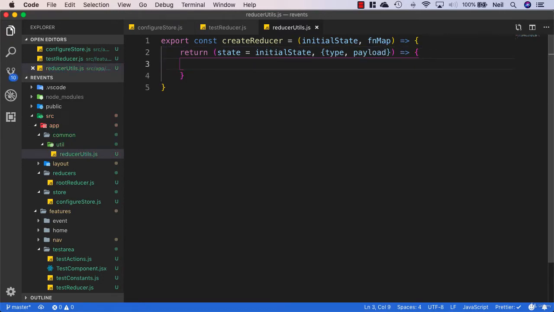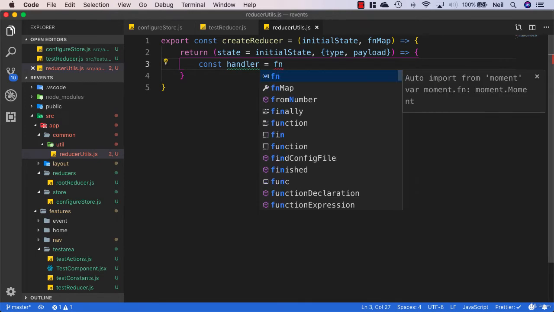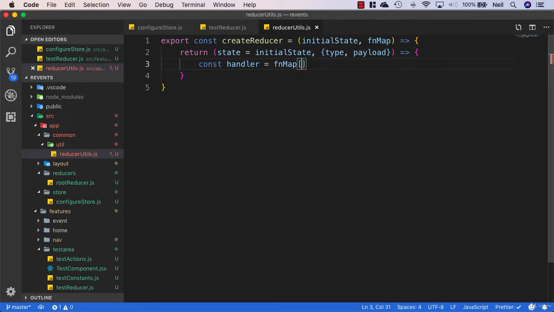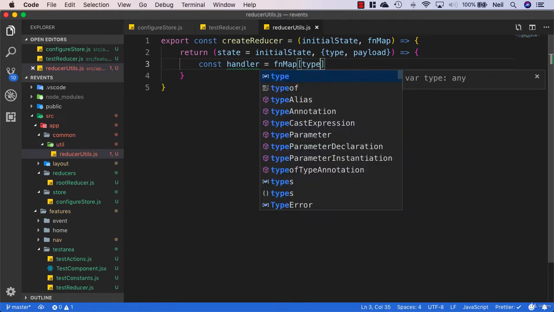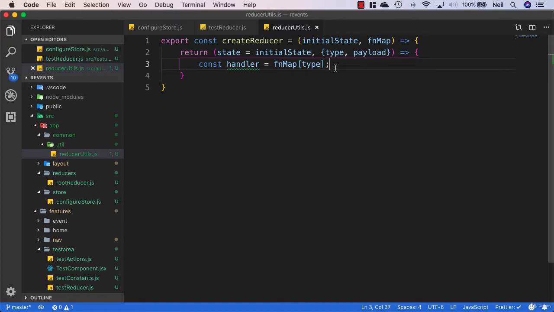And inside here, we'll add a variable called handler, and this is going to equal the function map, and we'll specify the type inside here. Now remember, this is object bracket notation. So this type is going to be swapped for a string depending on what's passed into this function map that we're passing in. And then from here we're going to return our handler, and we'll add a ternary operator,